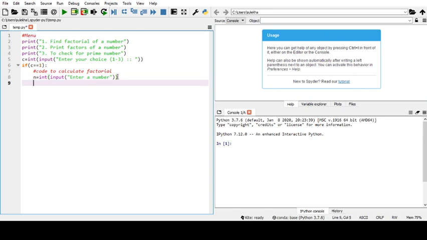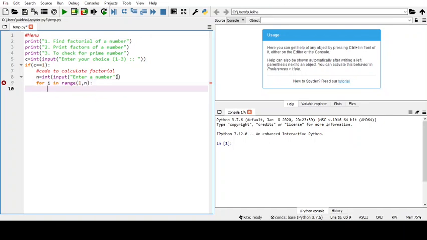Here, how to calculate factorial: for i in range 1 to the value itself, n is equal to n multiplied by i. Here print factorial is n.